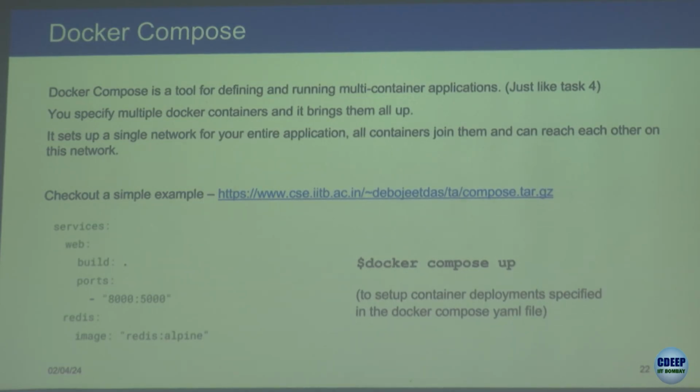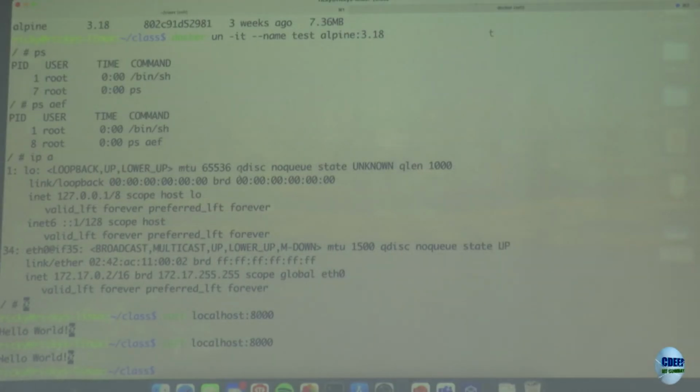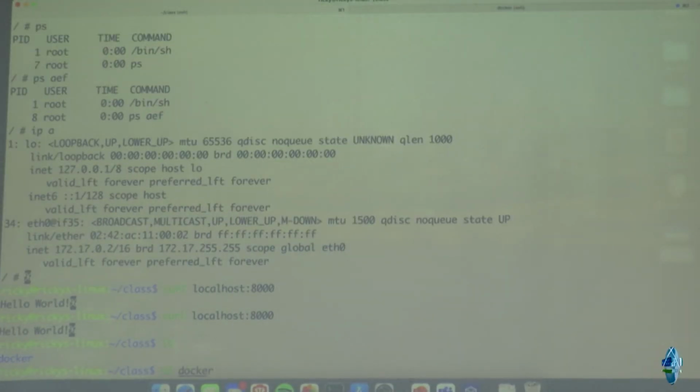One interesting thing about Docker Compose is that if you are creating multiple containers via Docker Compose, they have a common network namespace. So basically the containers will be able to communicate with each other. Okay, so let's try to do this. So if you untar the folder,